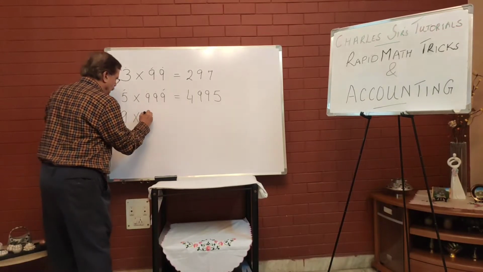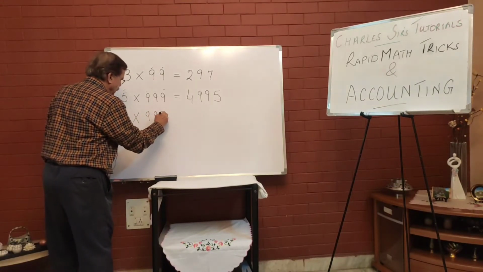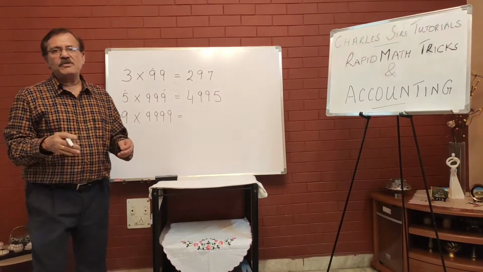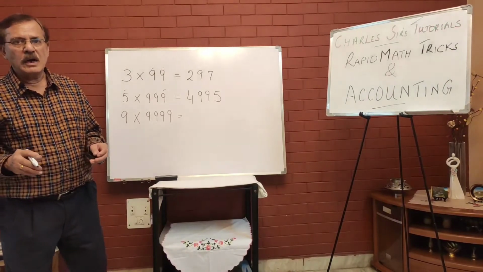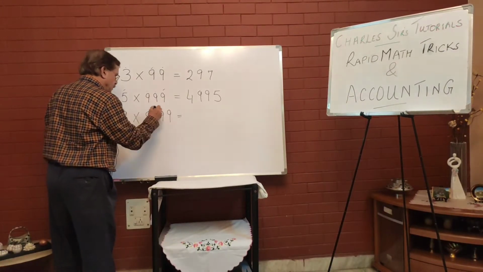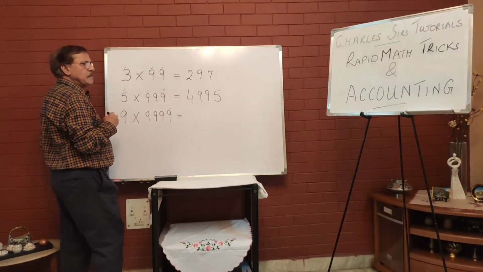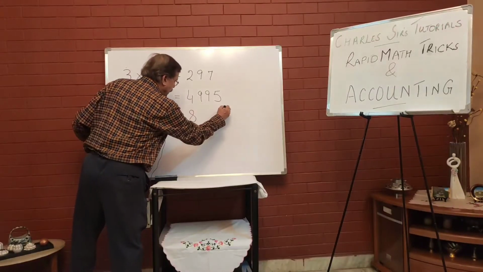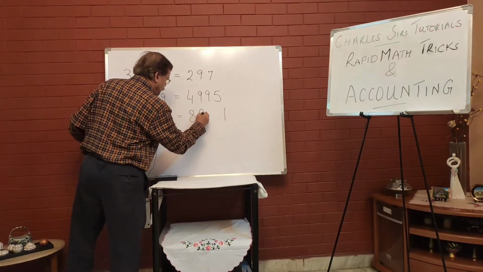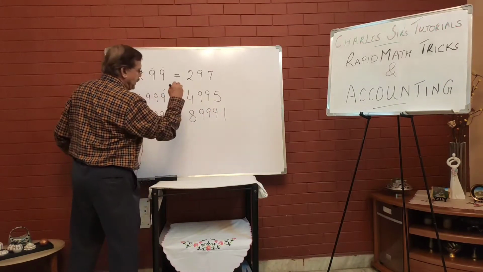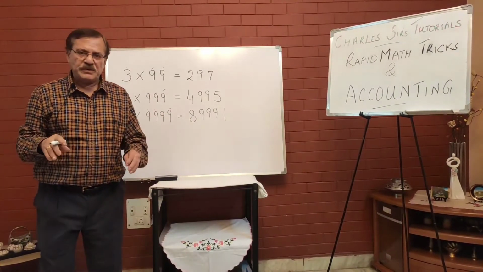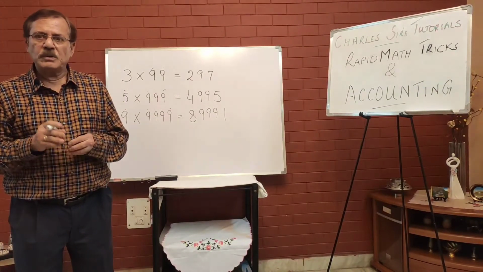Trick number 3. 9 multiplied by 9, 9, 9 and 9. The trick is the same, and irrespective of the numbers being big or large or huge, you just have to follow the same trick. And the trick was what? This 9 multiplied by this 9. So 9 9s are 81, 8 and 1. And how many 9s are left? 1, 2, 3. Insert these 3 9s here. So 89,991 is your answer. You can take other certain questions and you can do the multiplication by yourself.